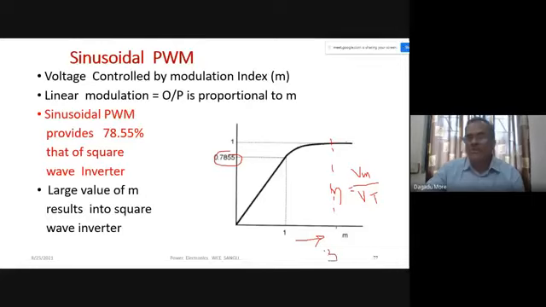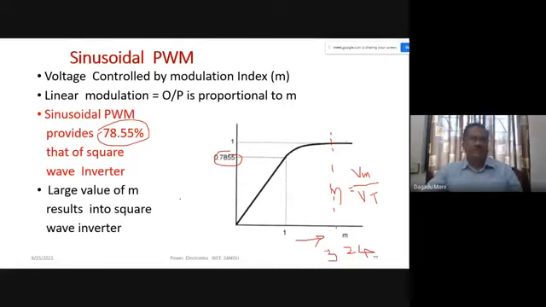When m is 3.24, our PWM will be switched to a 180 degrees mode of conduction. When our modulating wave is around 3.24 times that of the carrier wave, then our inverter will become a square wave inverter, or 180 degrees mode inverter, or a 6-step inverter. And comparing with the 6-step inverter, our output voltage of sinusoidal PWM is 78%,